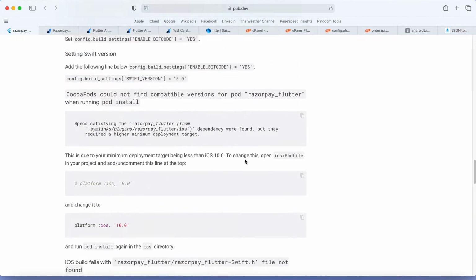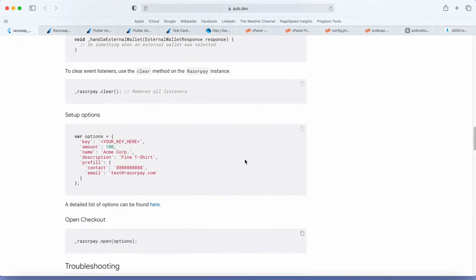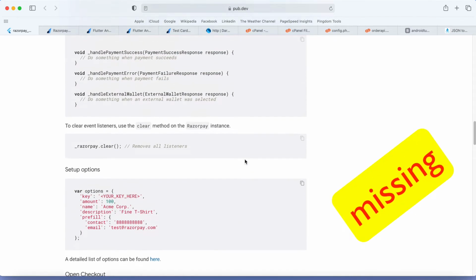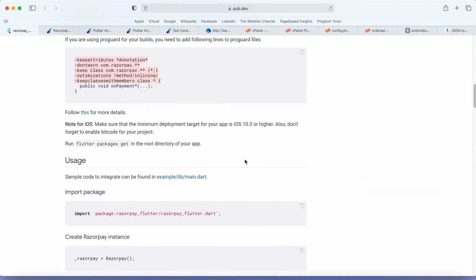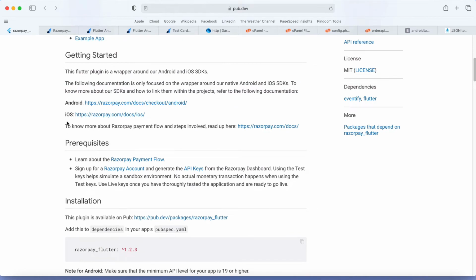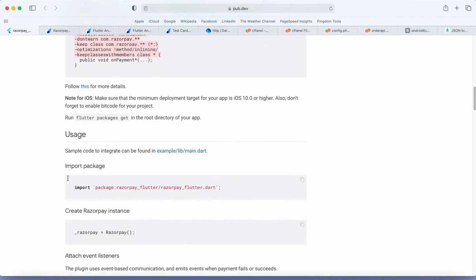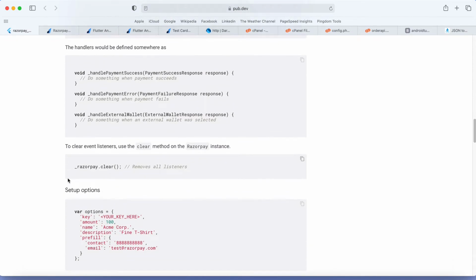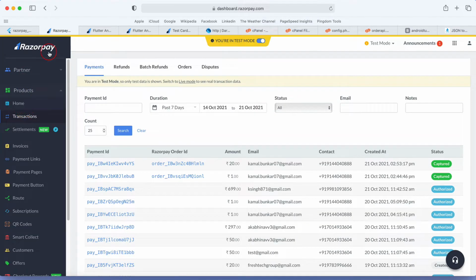But one more thing: in this documentation there is one missing parameter. If you follow every step, your payment will be successful. But when you see your Razorpay dashboard and click on the transaction, you will see the status as authorized, not captured.